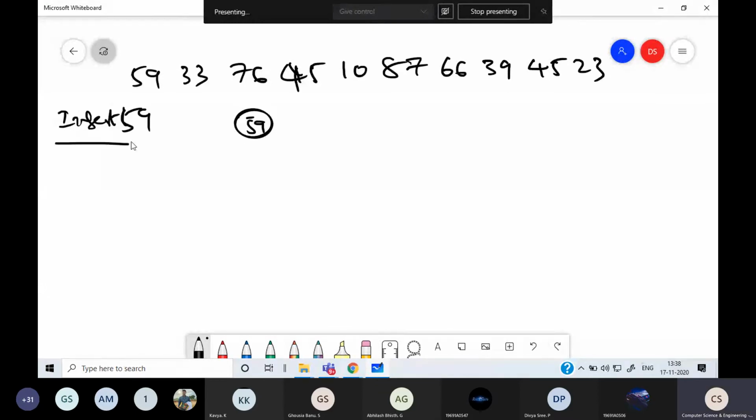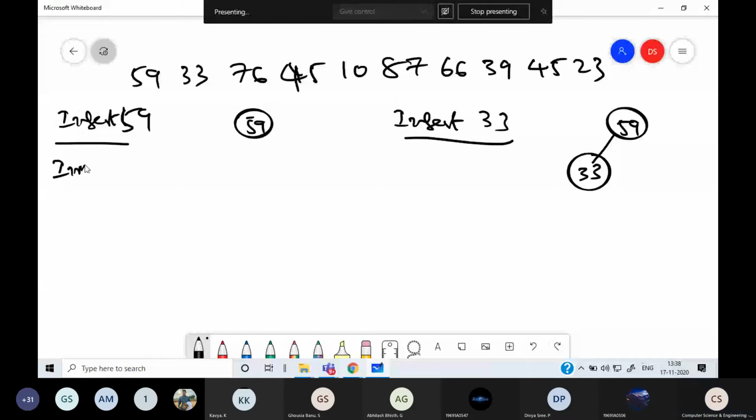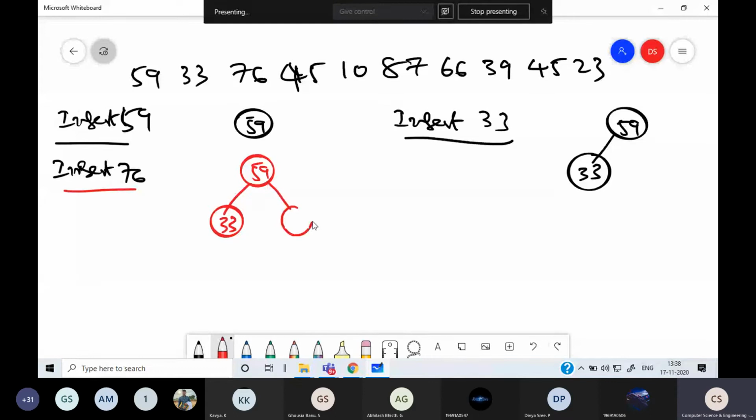Then when I insert 33, 59 will be there. Because 33 is less than 59, go towards left. We have reached an empty slot, so insert there. Next, insert 76. 76 is greater than 59, go towards right.